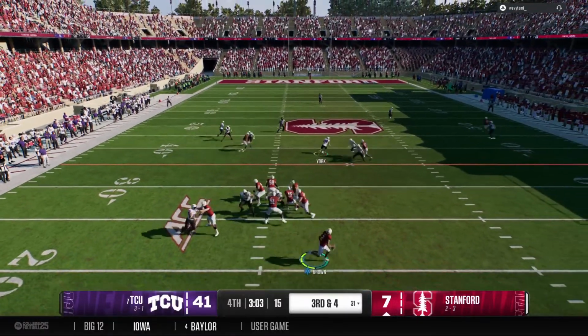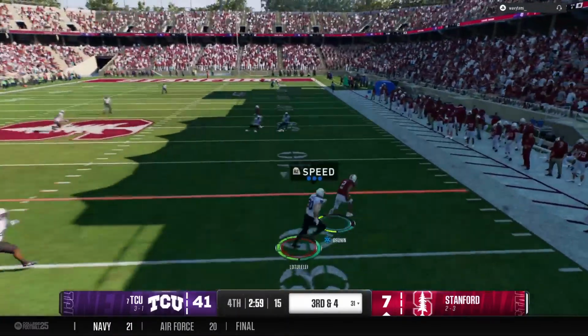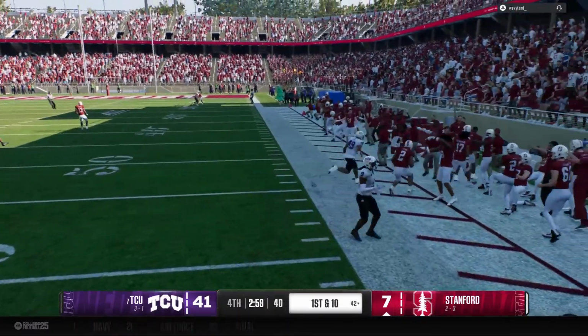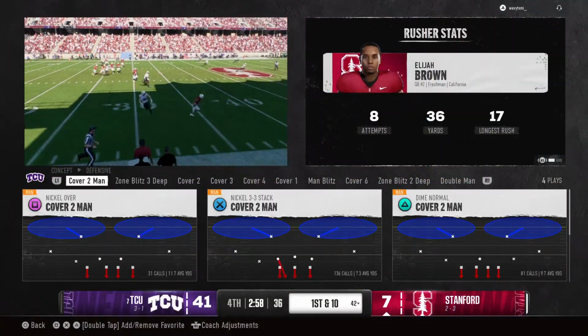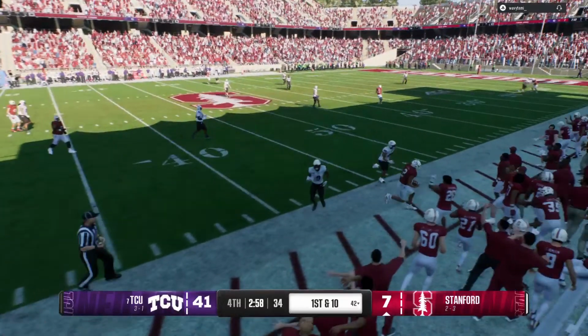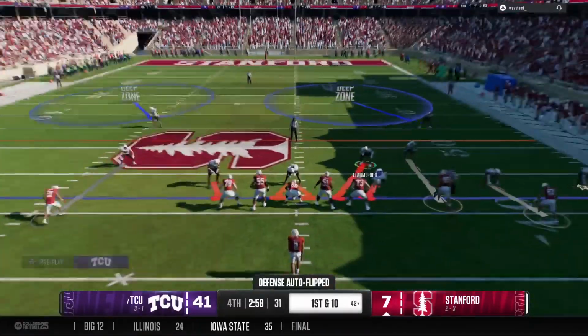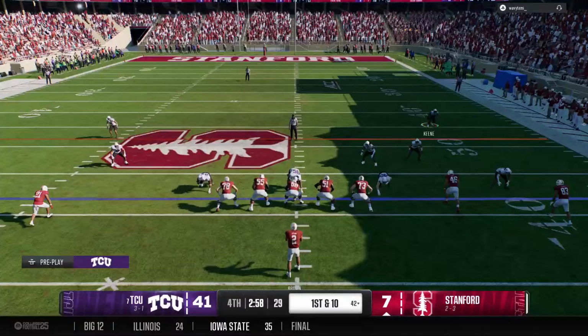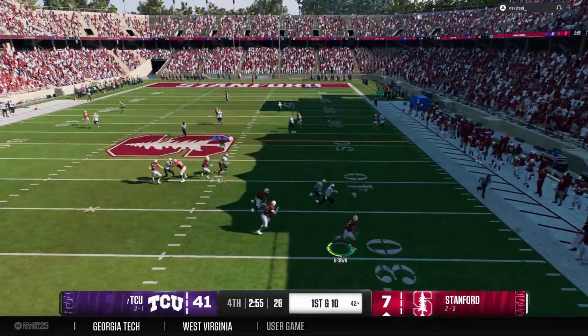Brown will throw it. Quarterback adapting. Trying to escape and get it himself. He's run out of bounds, but a big play on that one, and it'll be a first down. It's just so hard defensively to take your eye off this guy, especially on third down. You've got to know that at any given moment, he can take off on you. They've got to do a better job on the back end, keeping their focus on...